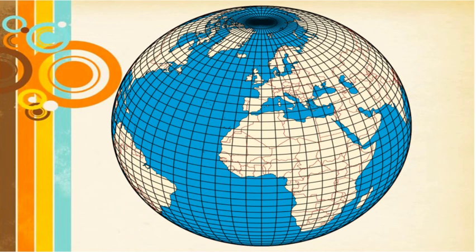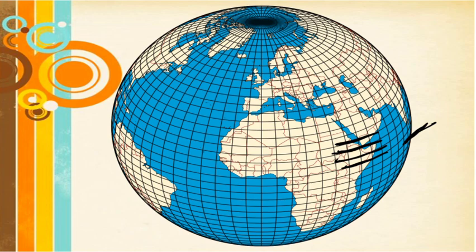The parallels are drawn at the intervals of 1 degree. This is our equator, that is 0 degree. This will be 1 degree, 2 degree, 3 degree, 4 degree and so on. Thus, there are 90 parallels in the northern hemisphere and 90 in the southern hemisphere. So, how many parallels are there in all? If your answer is 90 plus 90, that is 180, then your answer is wrong.